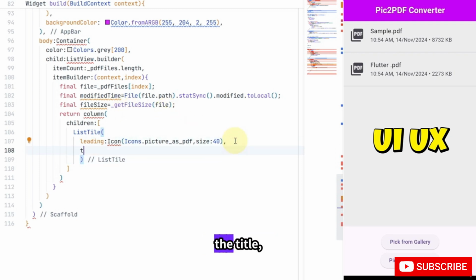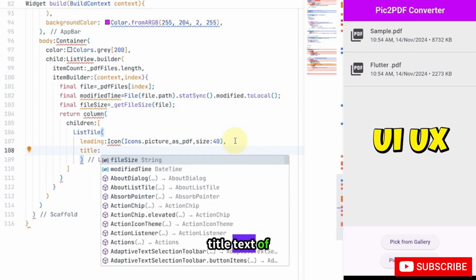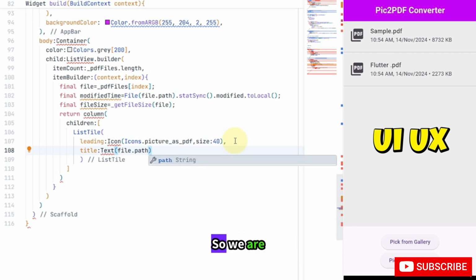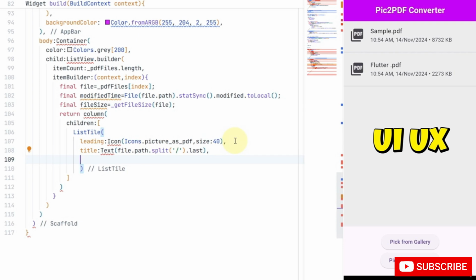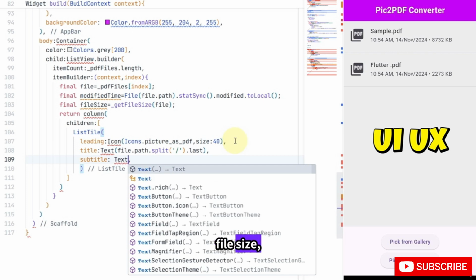And then you have to type the title, text of file name. So we are going to type the text for the converted PDF. You have to split the file path dot last, comma. Subtitle text of file size,